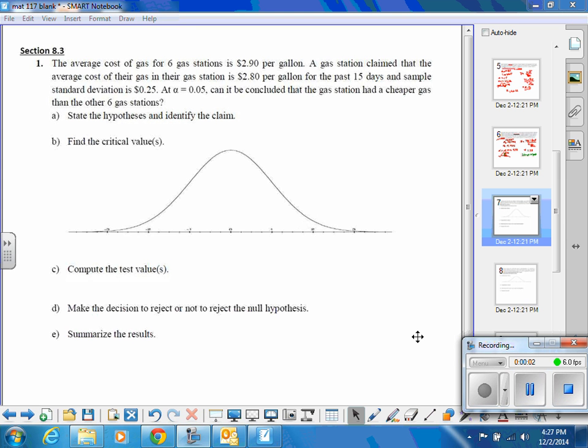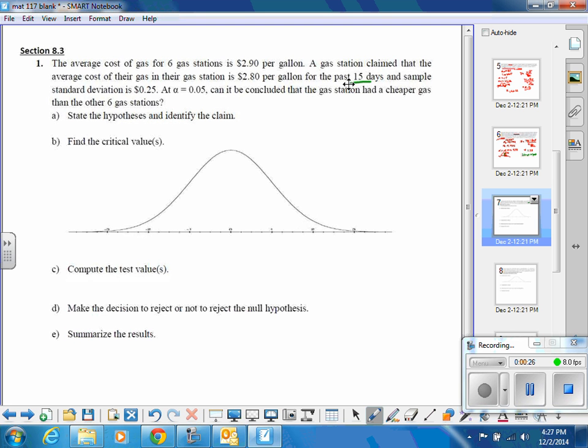Okay, let's start out with section 8.3. Now, section 8.3, we're actually using the T-chart in the book, so we're not going to go on down to the Z-score. The reason why, our sample sizes are pretty small, okay? Now, this problem is really weird because they give you two numbers, and you need to figure out which one is your N. So our students, whenever we were doing the review, some of them were a little confused about,